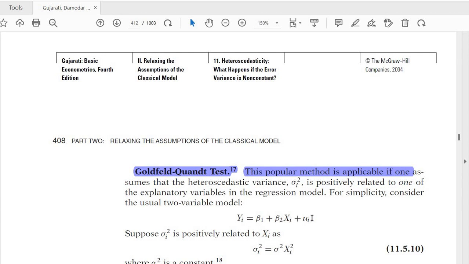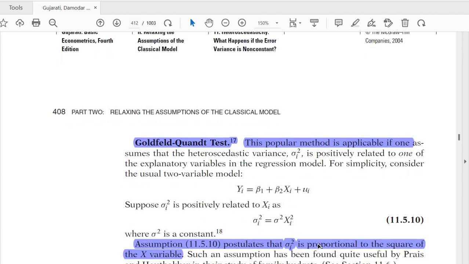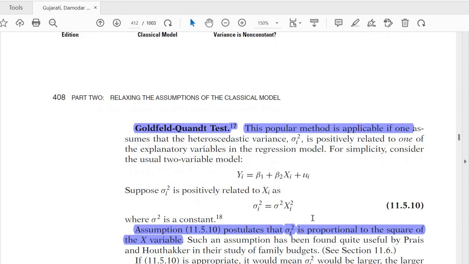कोई एक एक्स ले लें, यानी आपको ये बाइवेरिएट मॉडल है, एक इंडिपेंडेंट वेरिएबल, तो आपकी यूआई में हेट्रोस्कैडेस्टिसिटी है। तो आप ऐसा करो कि जो आपका डेटा है उसको एक्स के असेंडिंग ऑर्डर में अरेंज कर लो, सॉर्टिंग करते हैं ना जैसे एक्सेल में, तो पूरा डेटा असेंडिंग ऑर्डर में आ गया। अब इस डेटा को दो हिस्सों में डिवाइड करो, इस तरह कि मिडिल की कुछ वैल्यूज को छोड़ देना है, कुछ 4-5 वैल्यूज को छोड़ देना है, और बाकी ऊपर और नीचे दो इक्वल साइज के डाटा ले लेना है। उन दोनों डाटा को अलग अलग ओएलएस से एस्टिमेट करो, दोनों से रेजिडुअल सम ऑफ स्क्वायर निकालो, पहले वाले को RSS1 कह दो, दूसरे वाले